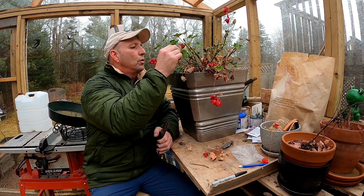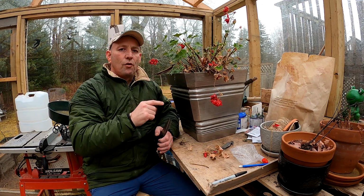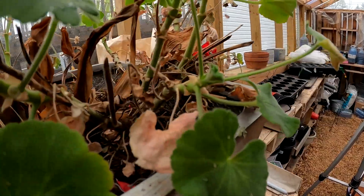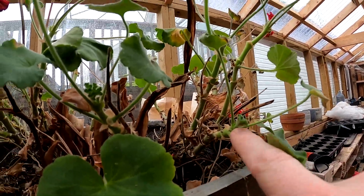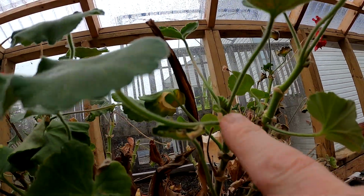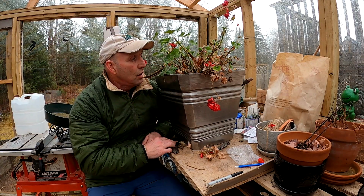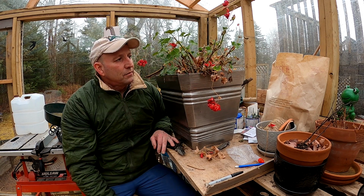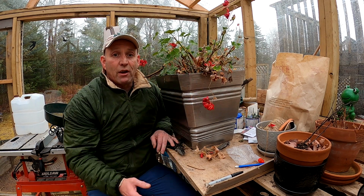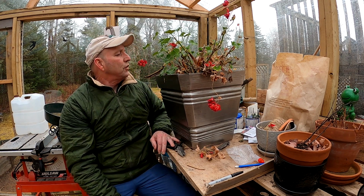And then I'm going to take cuttings from, as you can see, these little bits here. There's a few of these, and they're going to grow a little bit more. I'll let them grow a bit more, and then I'll take cuttings, and then hopefully I should have another 10 plants out of this easy. 10 or 15 plants, and that would be great for different places around the deck, etc. But first of all,